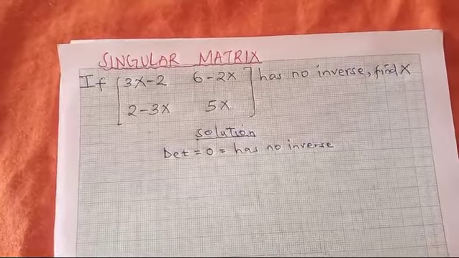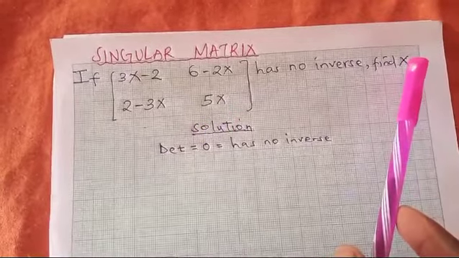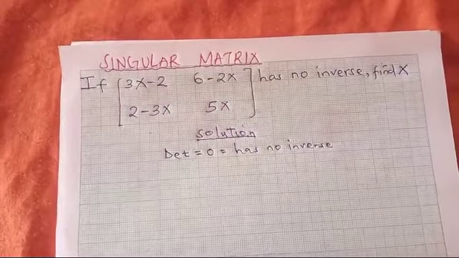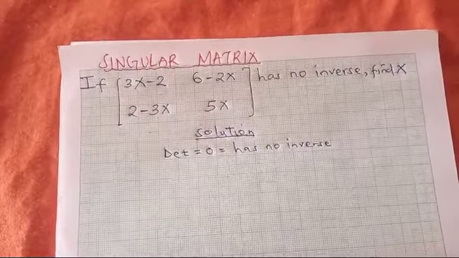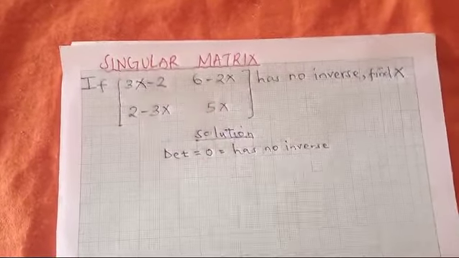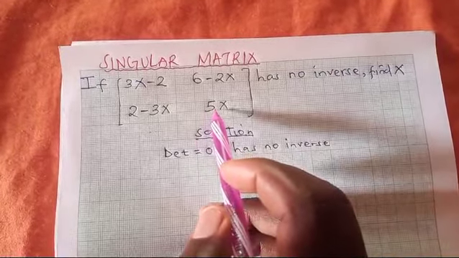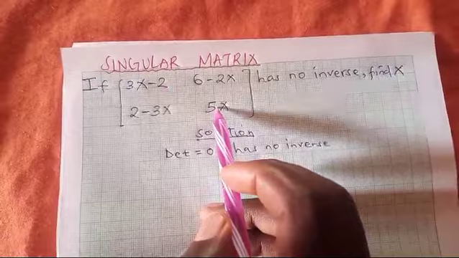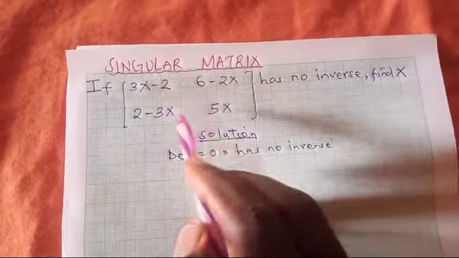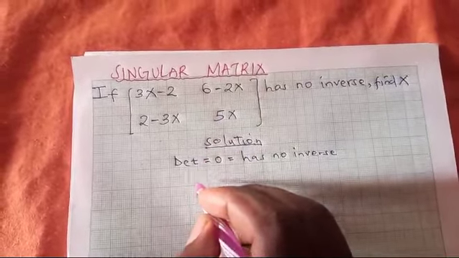Now, we want to work out the value for x, and in this case we must find the determinant for this matrix. Like I said, we are going to equate the determinant to 0. The determinant we find by getting the product of the values in the leading diagonal, and we subtract the product of the values in the secondary diagonal. So the determinant is going to be,